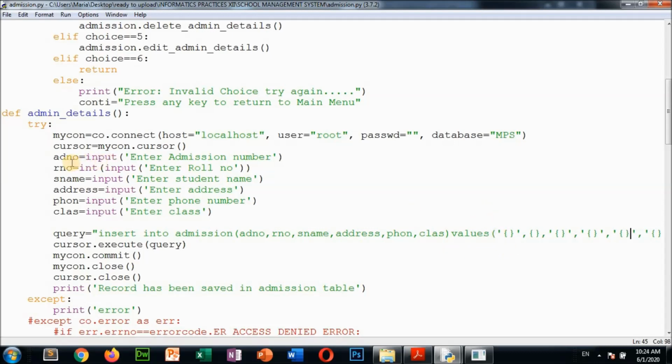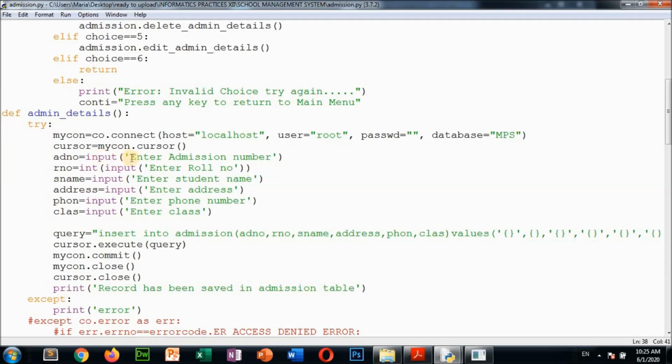For the first one, ADNO, the admission number, I am writing here input, enter admission number. What do you understand from this line? That means we are entering a string, not a number. Just remember this: input directly, not writing int here.